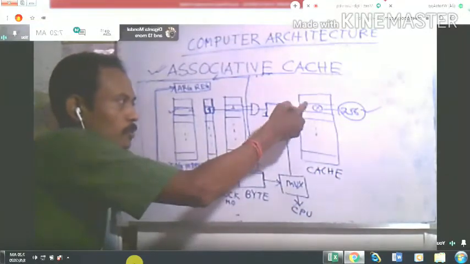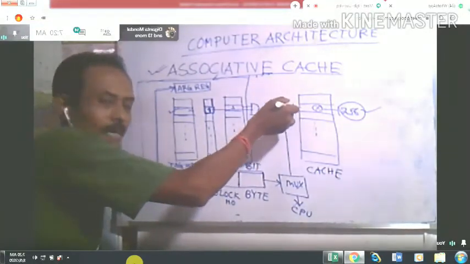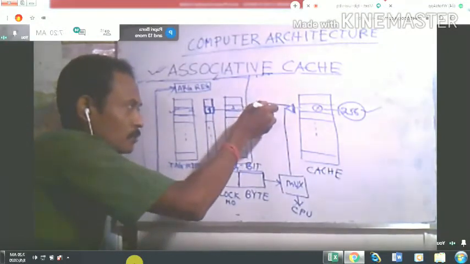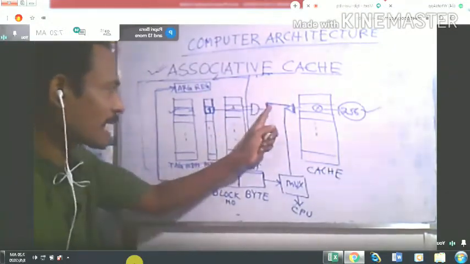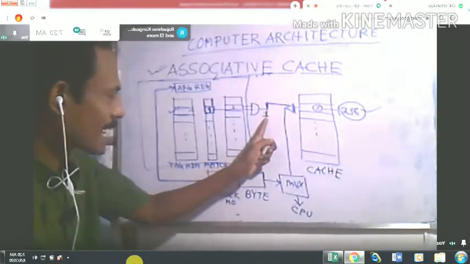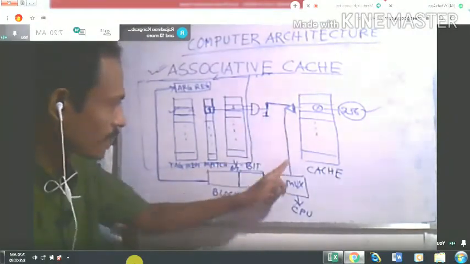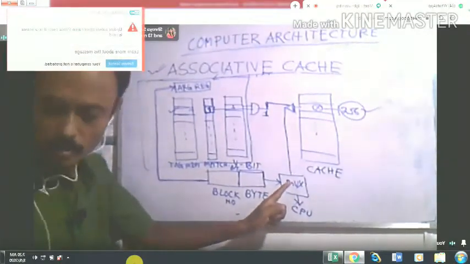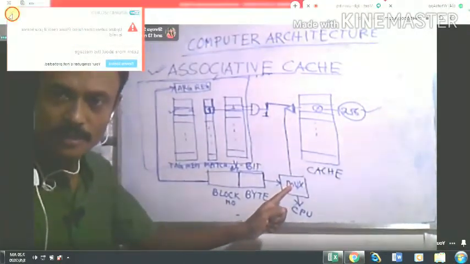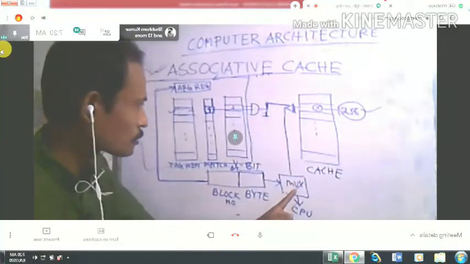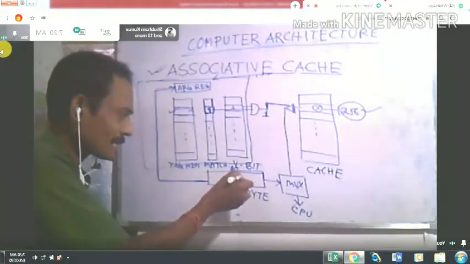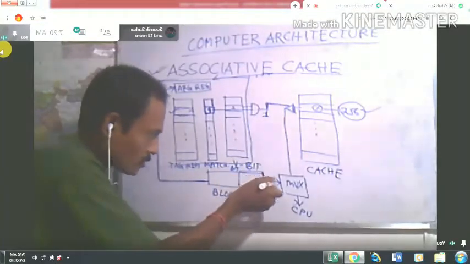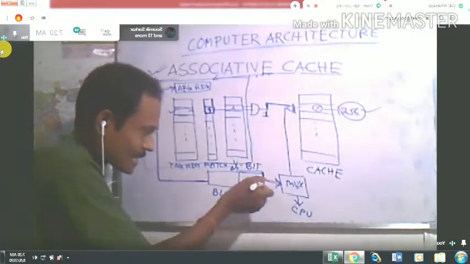And this cache block will be put into an inverter. Clear? Now this is the enable line. If you put this enable line as 1, then only all these values will go into the multiplexer. When it goes into the multiplexer, this byte will be used as a select line.